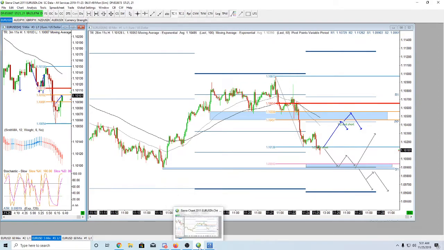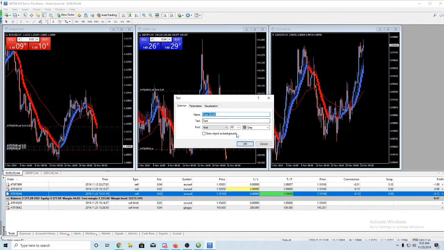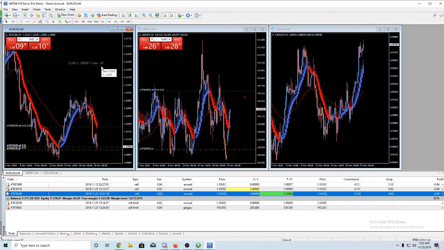So let's do the math on this particular account. I have a $5,300 account. Let me show you how I came up with the units on this. 5,000, let's just make the math easy for ourselves, times 0.00008. That equals my max lot size. This is the most I want to be leveraged outstanding, right? And that would be, in this case, 0.40, which is $4 per pip. That's my max.